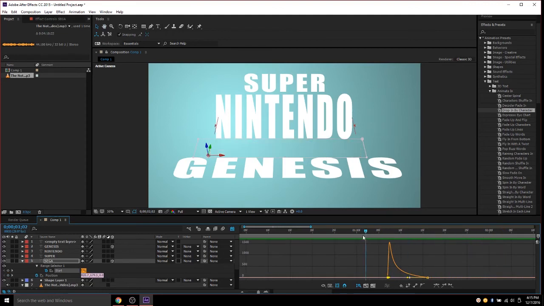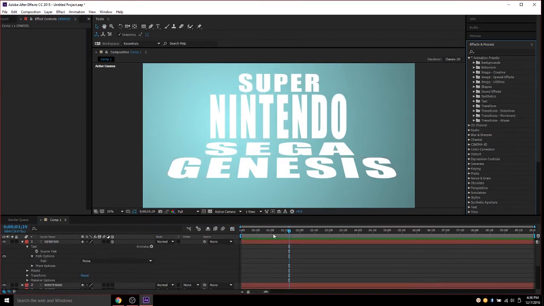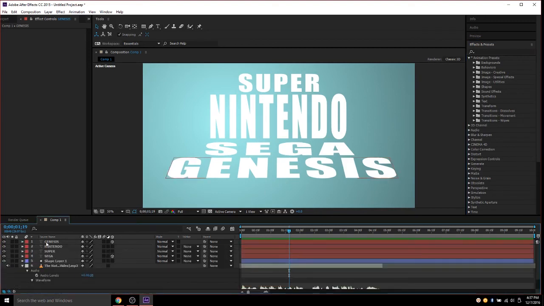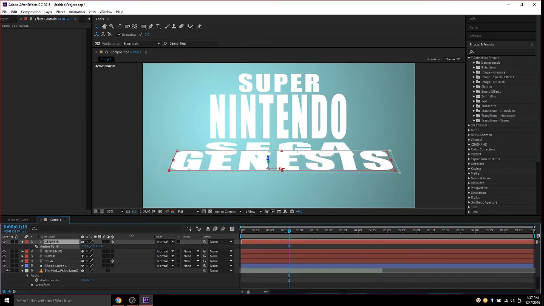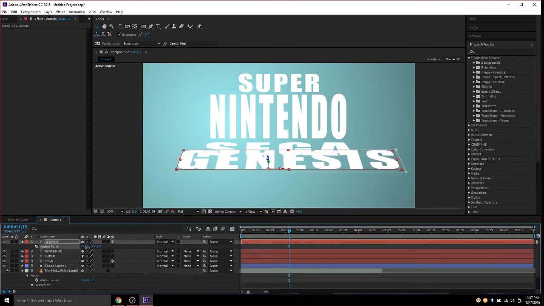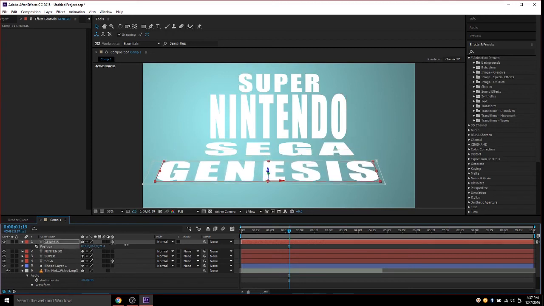It's cool. Yeah. It's alright. Okay, you know what I'm going to do with the word Genesis is I'm going to rotate it up into that position in 3D space. So let's change the anchor point on this sucker. A brings up anchor point, and it's going to be there, and move it over here, and then P for position, and we'll move it,